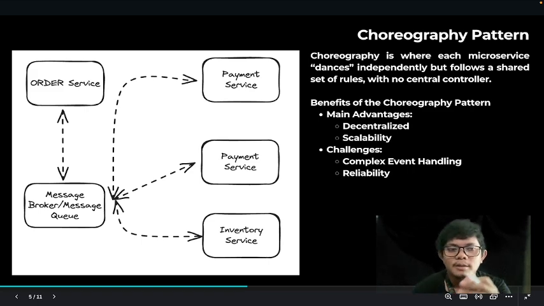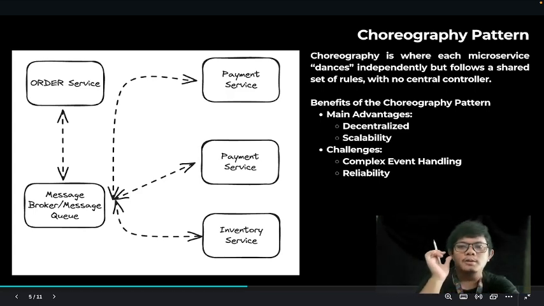After the order is placed, the order service sends the event to the message broker, and the payment service consumes that event. After the payment completes, it sends a success event back to the message queue, and the inventory service sees the event and updates the stock. After that, the shipping service gets the update and starts the delivery process.